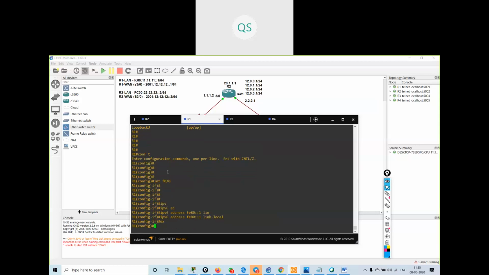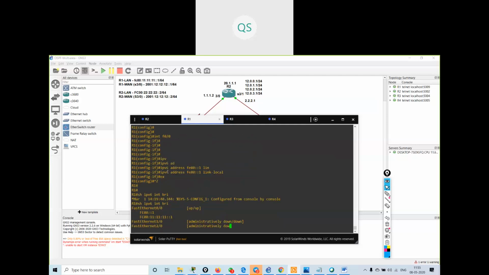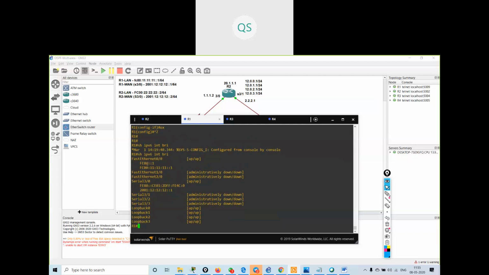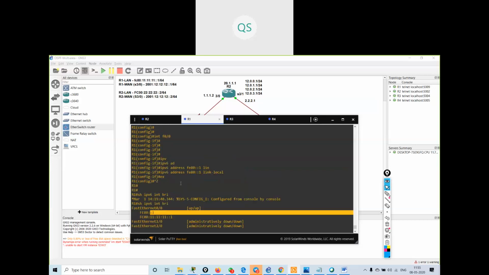Exit. Now if I check show IPv6 interface brief, this format got changed. The EUI 64 format got changed. So this is the command that I can use to change my EUI 64 format.